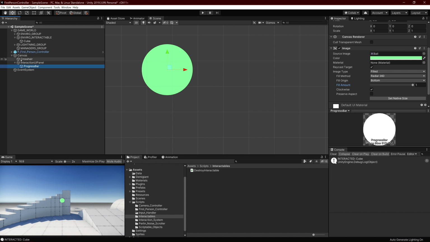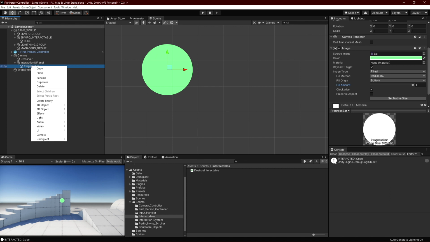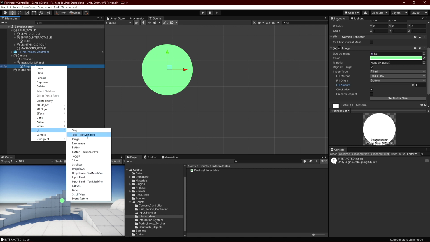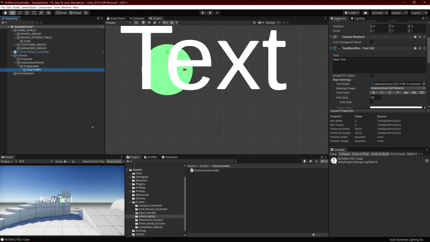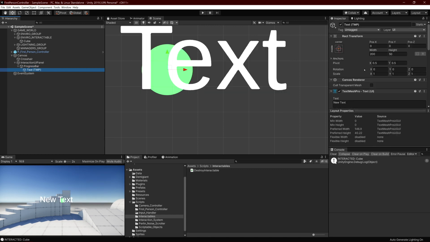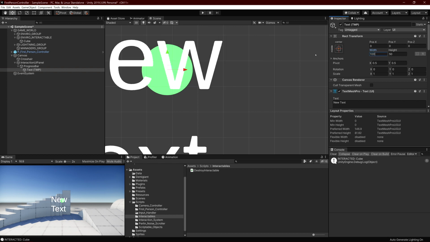And also let's add the text. So let's right click on the progress bar. Our text will be above our progress bar, and I'll just add the Text Mesh Pro text. And also we want to scale it down to be, I don't know, around,